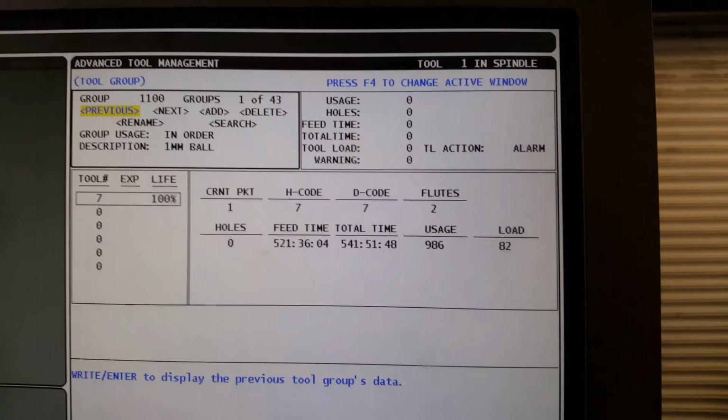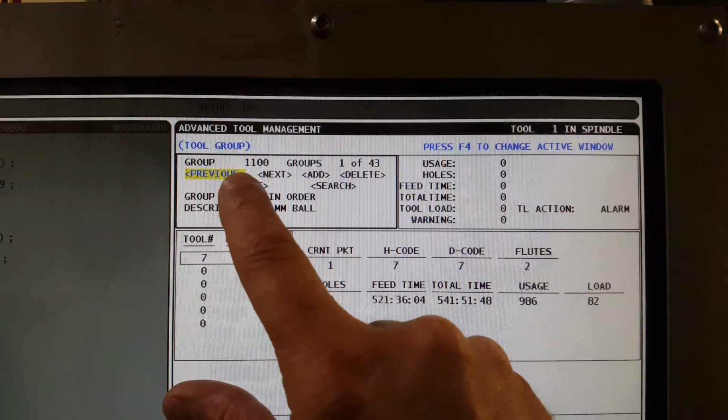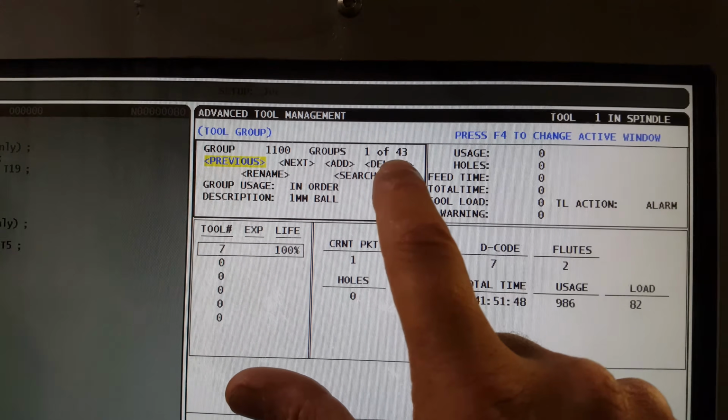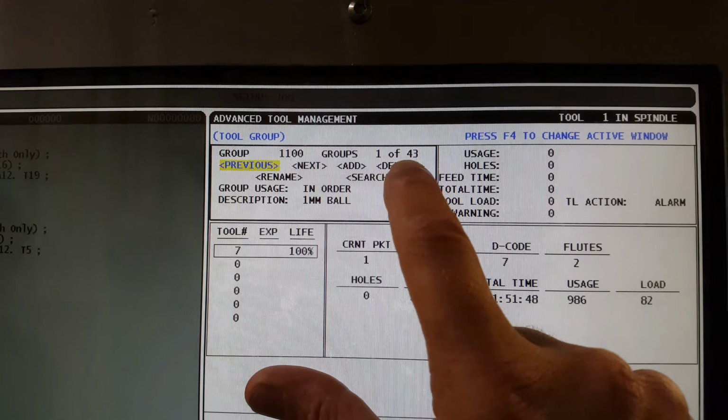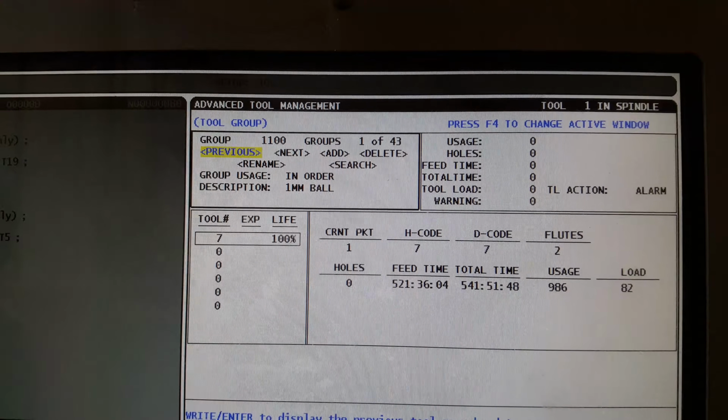Okay, this is the Haas. This is the advanced tool management. We have 43 different types of tools. It's a tool group, and we can define the